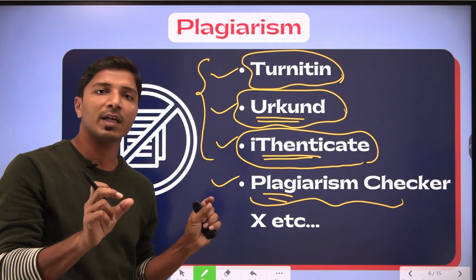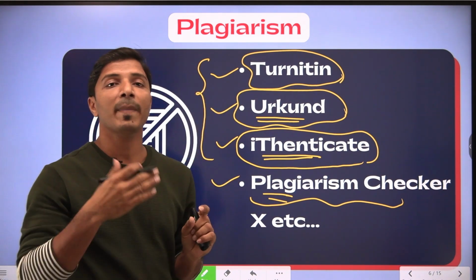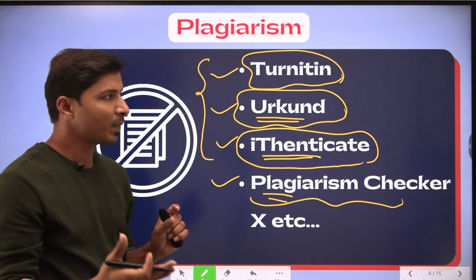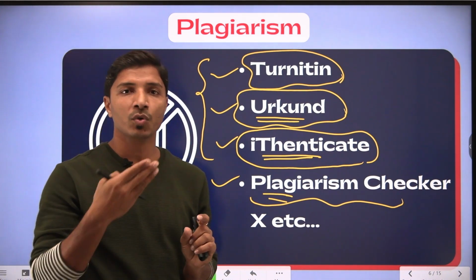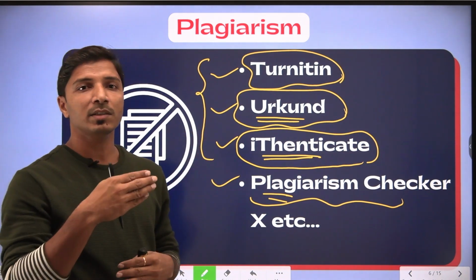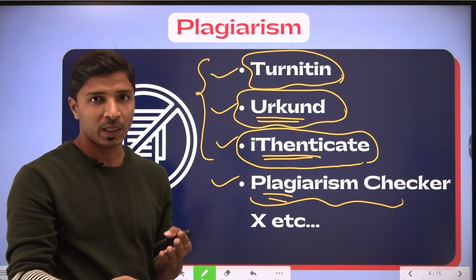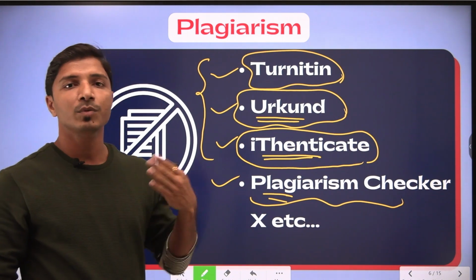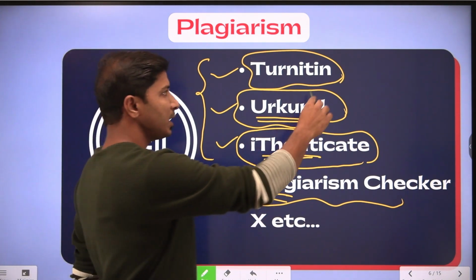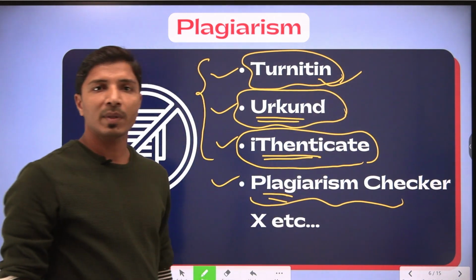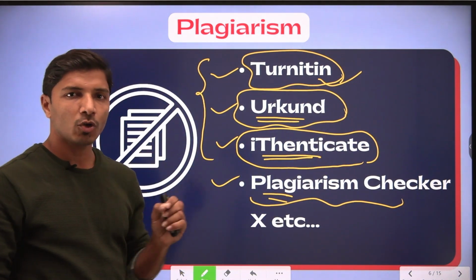Okay, the strongest is the database, basically you will be getting maximum plagiarism percentage. Okay, and how does this database become strong? So the more articles and research papers are submitted in that database for checking, obviously the database becomes very strong. And as Turnitin is widely used, Turnitin's database is very strong, and hence it is the best option to go ahead